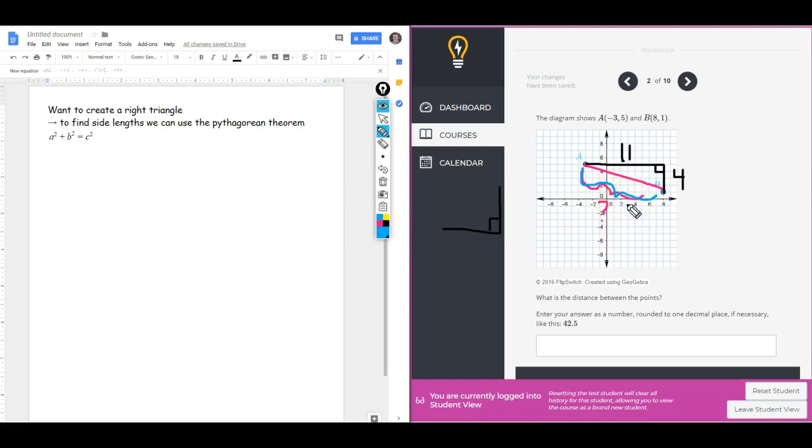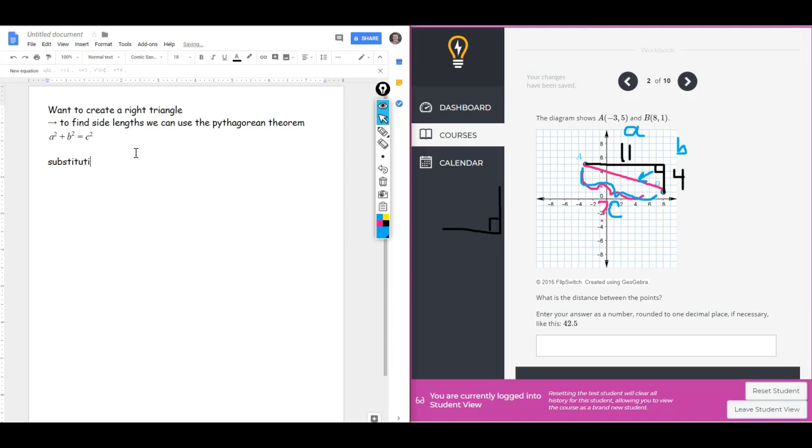Now, if we notice, it is kind of convenient that what we're looking for is our c squared, or our hypotenuse, and how I know that is because the hypotenuse is always going to be across from the 90-degree angle. So I know that this is c. It's across from the 90-degree angle. This means that this side length is c. I can label the other ones as a or b,